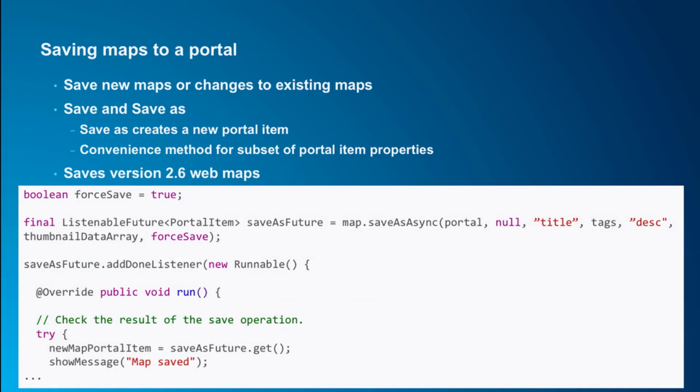In terms of saving maps back to the portal, once you've created a new map or you've opened it, if you want to edit it, you can easily call save or save as. And there's a little bit of detail I wanted to dig into here. So there's a property on the save as function called force save, which I suppose the reason we have it there is because we want you as developers to make sure you're opting in to realizing that when we save